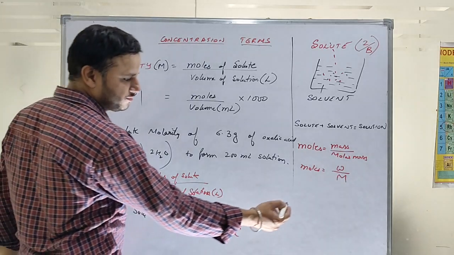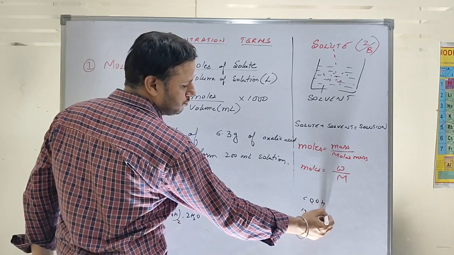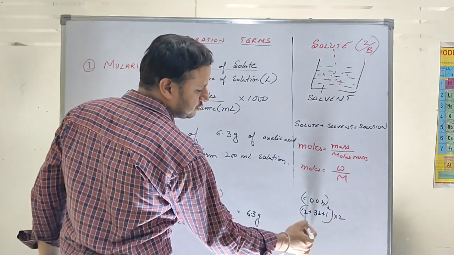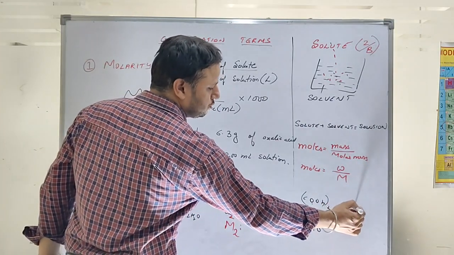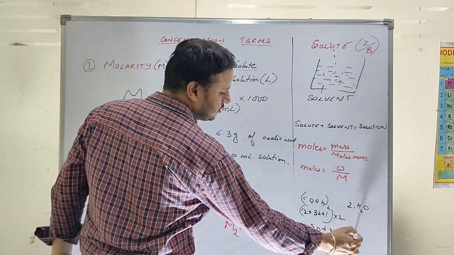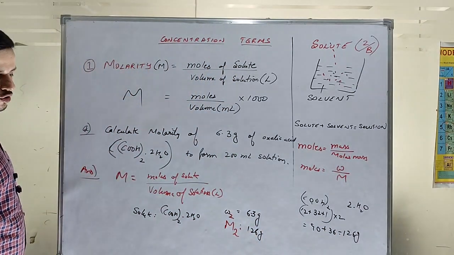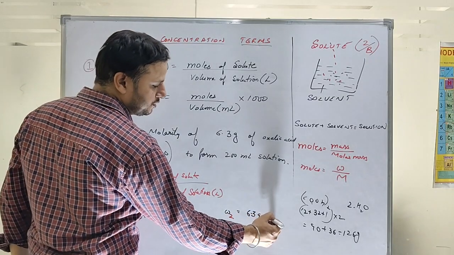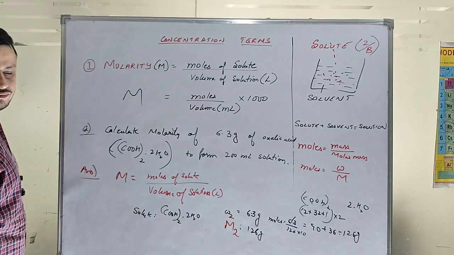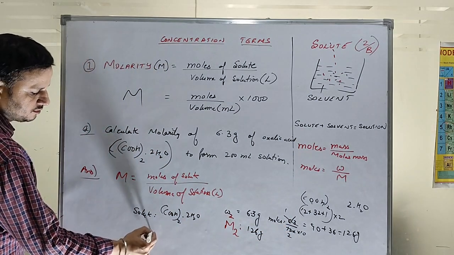So what is the molar mass? COOH: 12 plus 2 oxygen 32 plus 1. So it becomes 45 and it's whole twice. So that becomes 90 and 2H2O. So H2O 18 into 2 is 36, that becomes 126 gram. So how many moles? The moles become 6.3 over 126. So from here the decimal removed, 10 below, and it becomes 1 over 2. So 1 by 20, the moles is